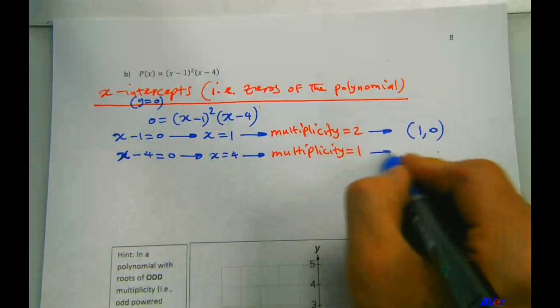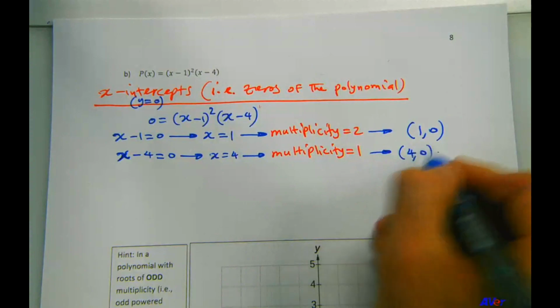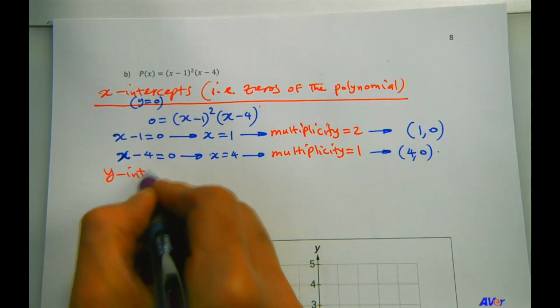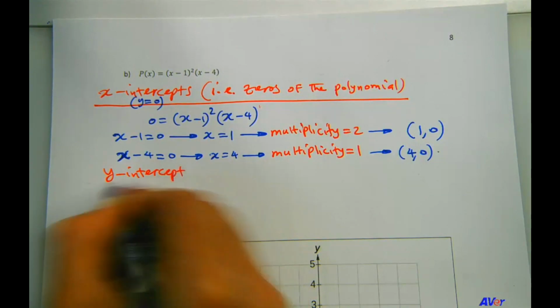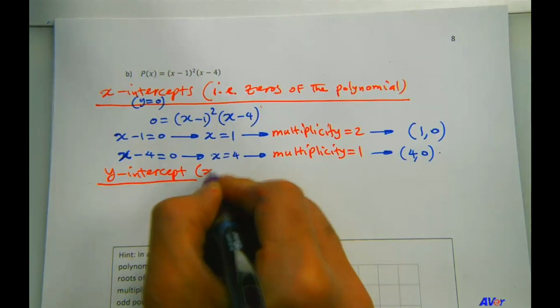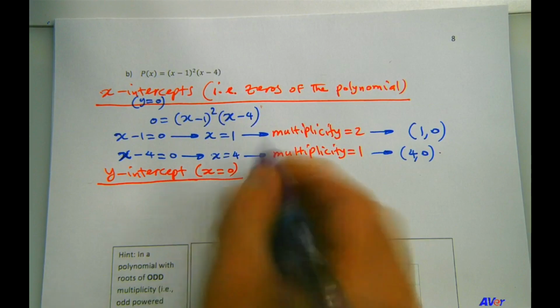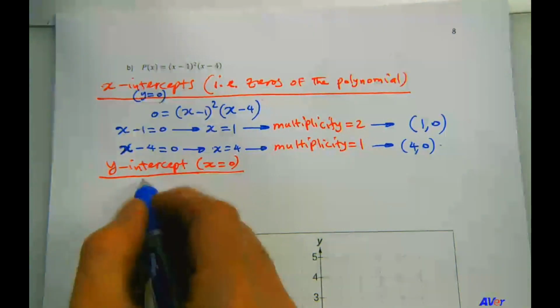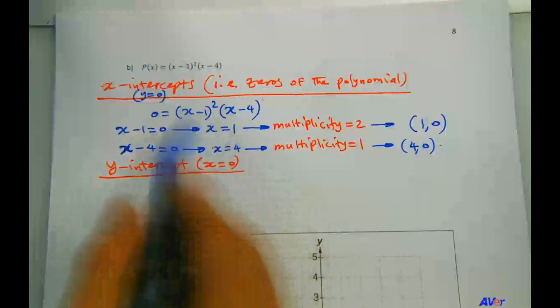And this would be the x-intercept 4, 0. And then let's find the y-intercept. This is where x equals 0, right? So then x,